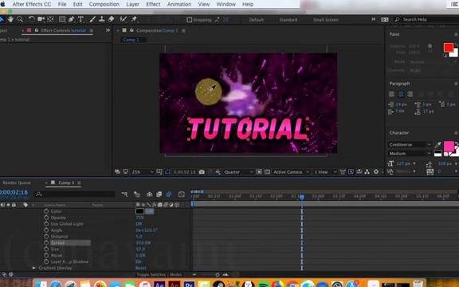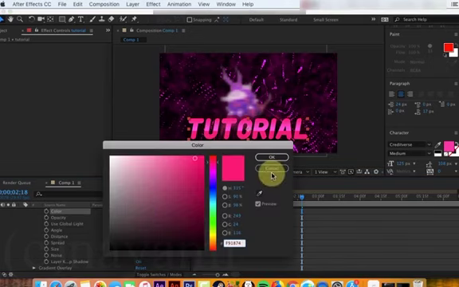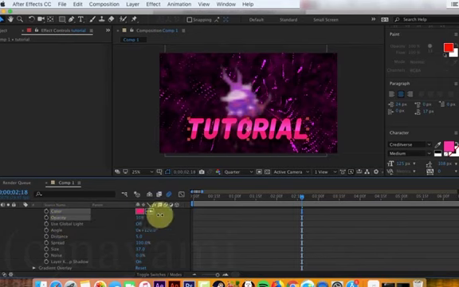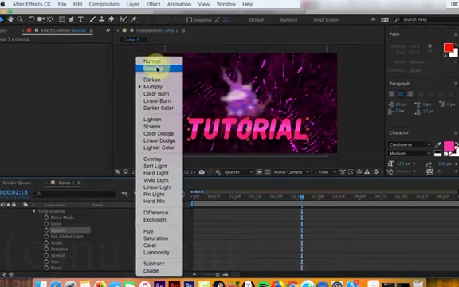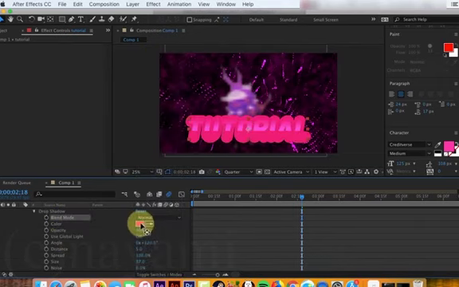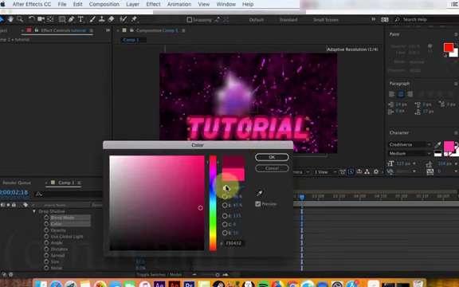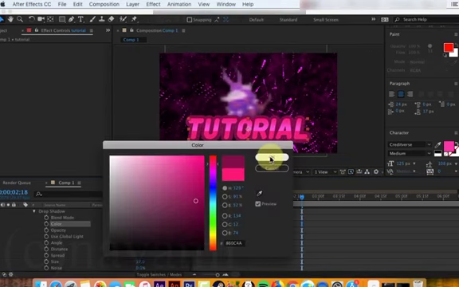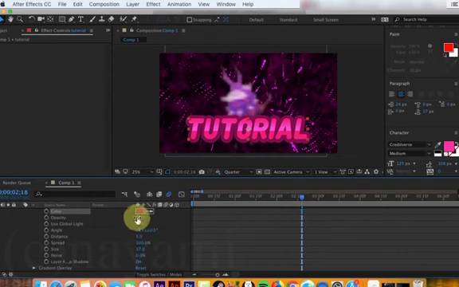We can just color select it here. I actually might select this color here and go just a teeny bit darker. Oops, I forgot to turn up the opacity, and also change the blend mode. So we're going to make it a little bit of a darker color than what's already here. I like that color. And I'm going to turn the opacity all the way up again, and again, increase the